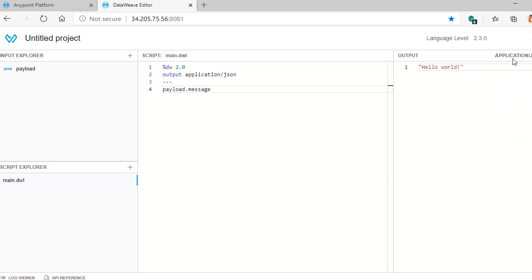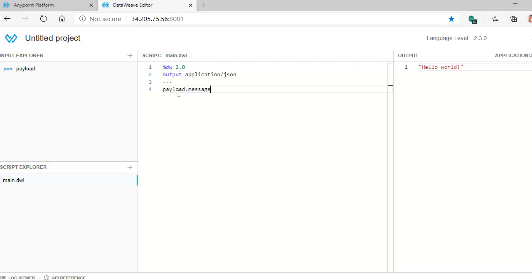By default, it will come up with application slash JSON because most of the output formats are application JSON. You can modify it according to your requirement. This is a very exciting tool if you have not used it earlier. Most of you may have already used it, or heard about it, but this is just for freshers. I just wanted to reiterate how to use this.